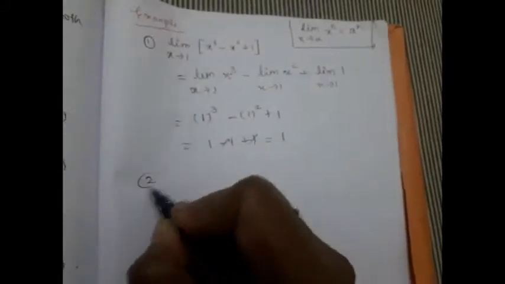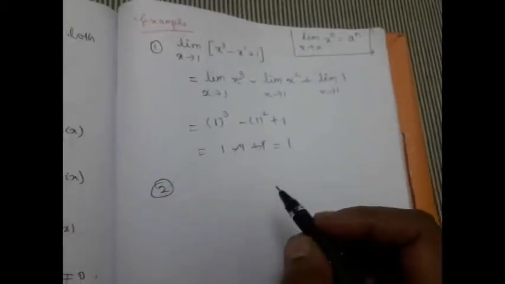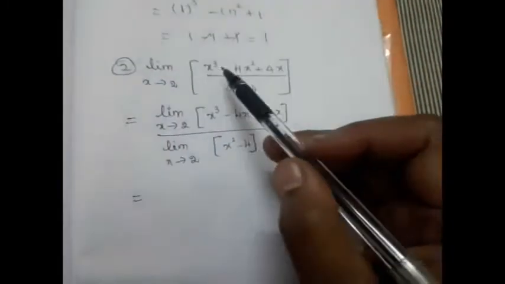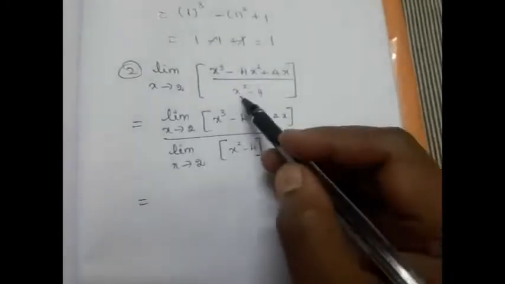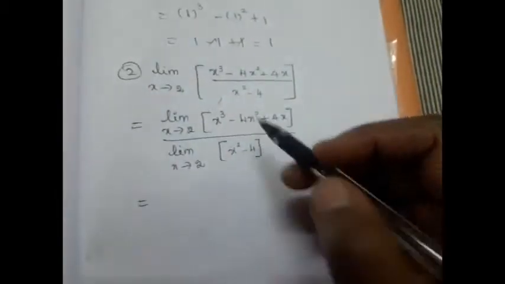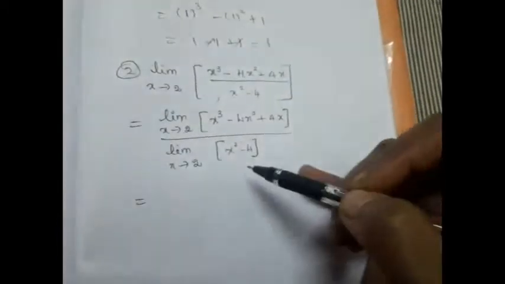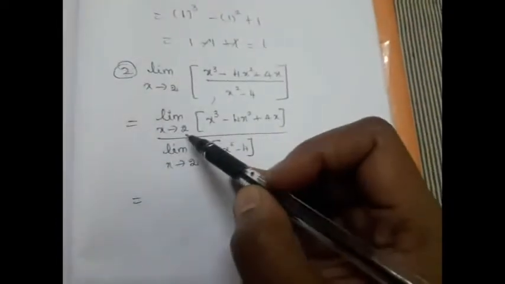Now let me show you another example where we will get it in the form of 0 by 0. What happens if the denominator is equal to 0? Now see this example. Limit x tends to 2, x cube minus 4x square plus 4x divided by x square minus 4. As usual, what should we do? We have to find the value at x is equal to 2. This is of a rational form, so we can apply the limiting process to the numerator and the denominator separately. So at x tends to 2,